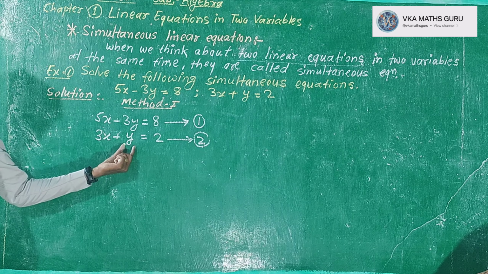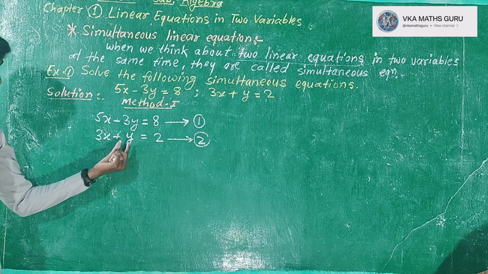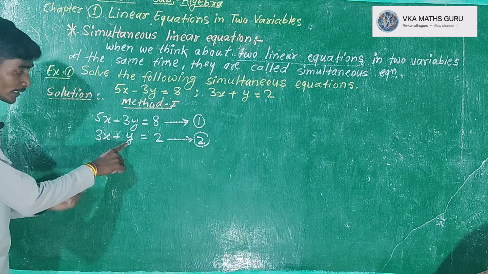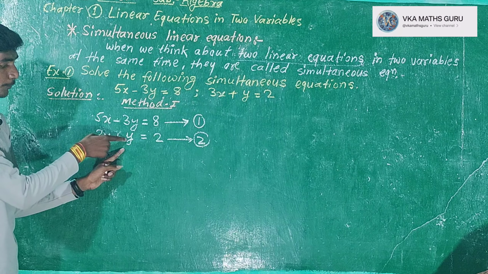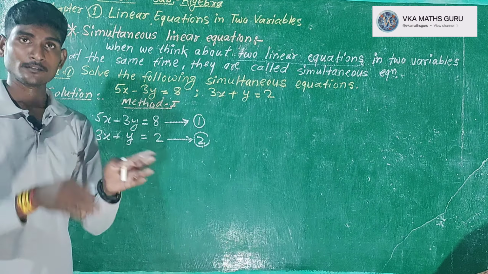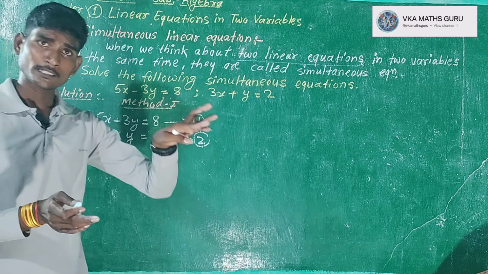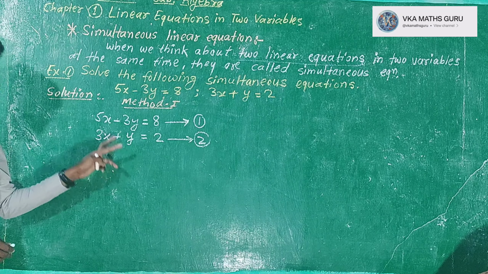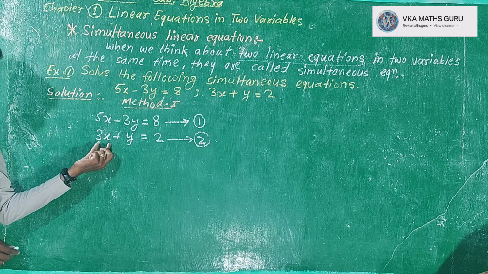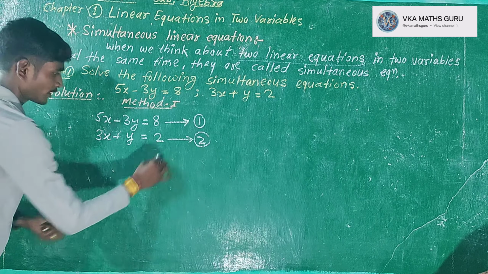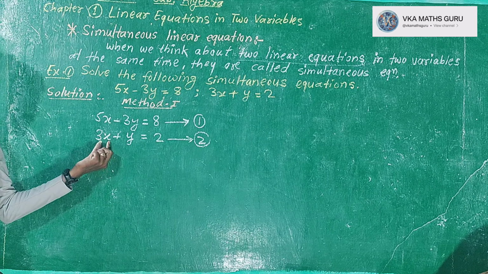If you make the coefficient of y equal to 3, then here plus 3, and above in the first equation it is minus 3 and plus 3. Whenever we add minus 3 plus 3, that becomes 0. That means this term becomes 0, and 5x stays. Whenever we convert this equation into another form, this term also changes. So we will discuss now.